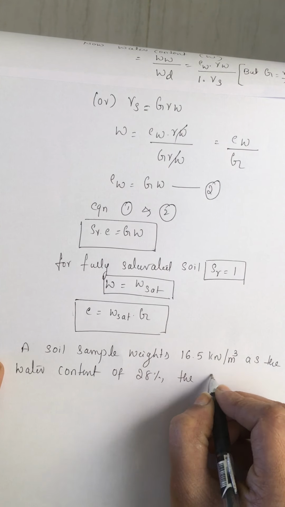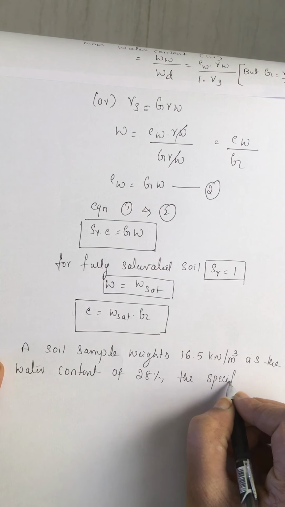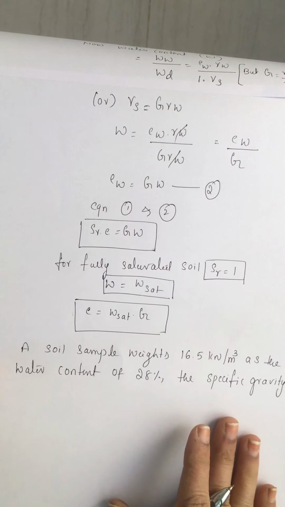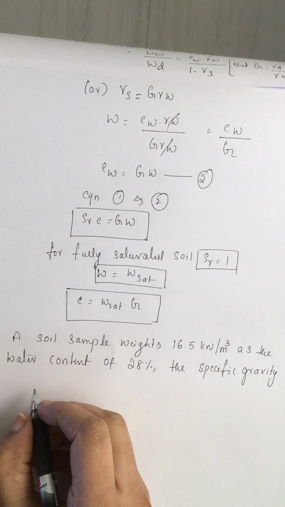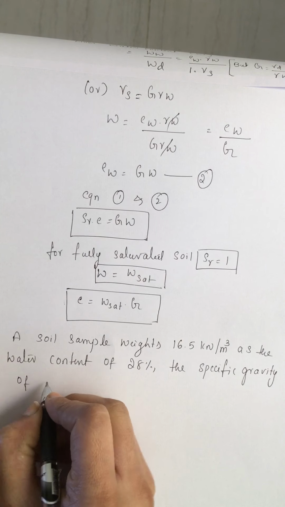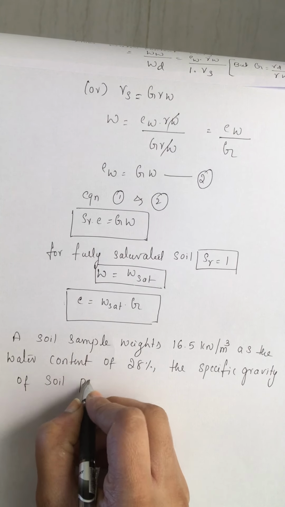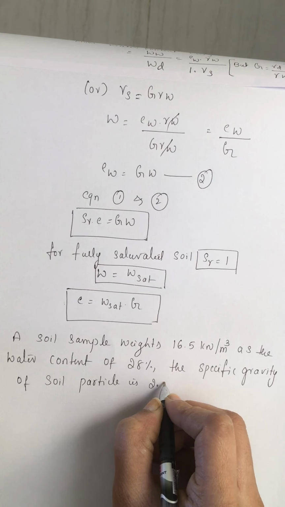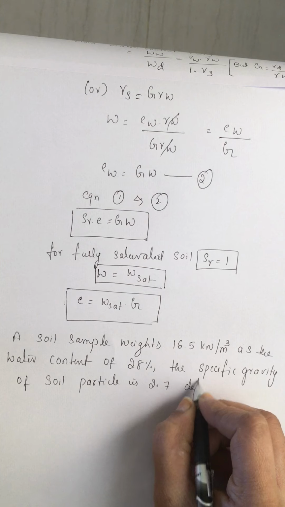The specific gravity of soil particle is 2.7. So determine